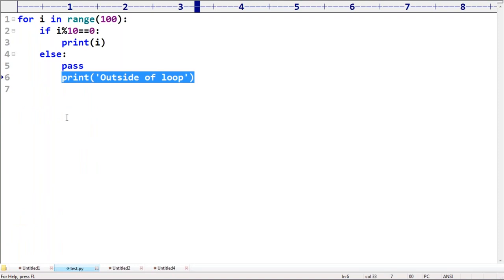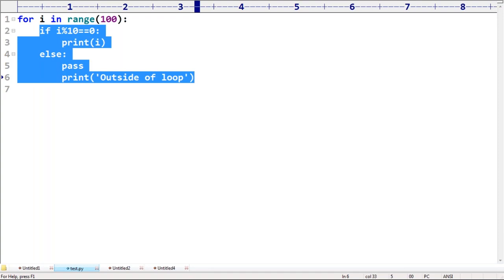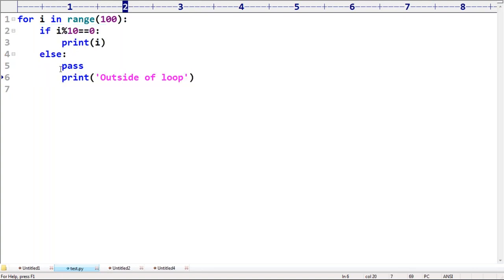That's all. This is about pass here. Continue is a different terminology. Continue means within the loop, if you want to skip the current iteration and go for the next iteration, then we can use continue. Here, this pass is nowhere related to the for loop. Pass is related to the else block. Okay, remember that.